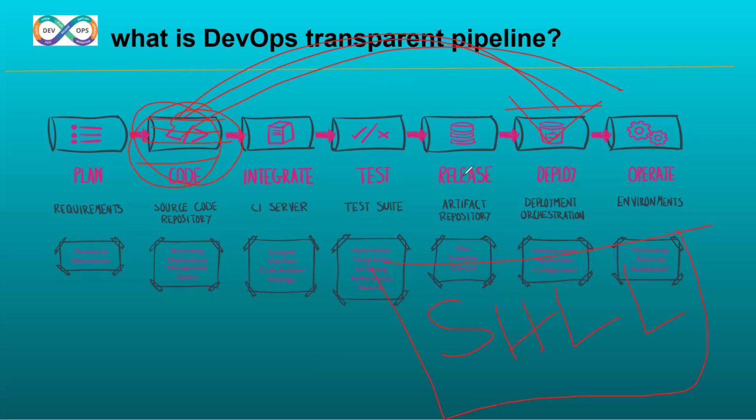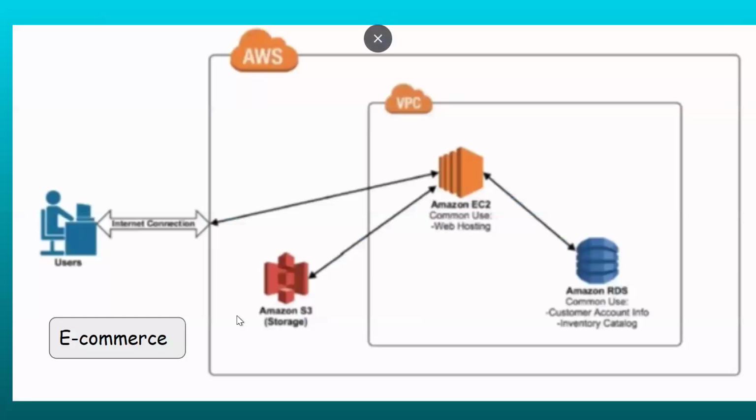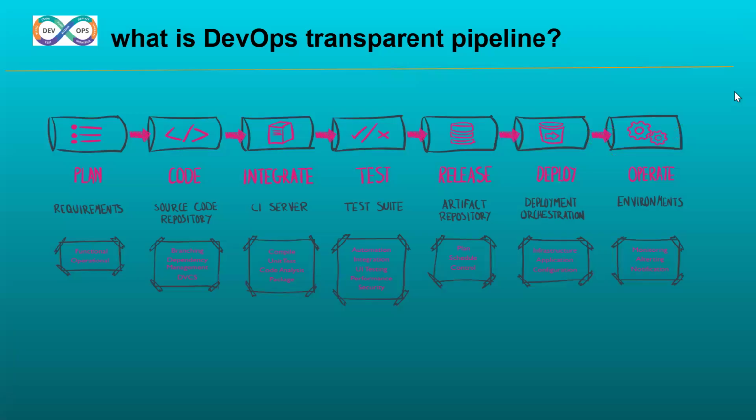But while deploying our application, where exactly are we going to be deploying it? Either on AWS or Azure or Google or any physical environment also. But we are going to be deploying and maintaining our application, this entire process, using AWS infrastructure in our course. So I'll repeat: AWS is the infrastructure provider. On top of this infrastructure, we're going to be implementing an automated DevOps transparent pipeline. I hope you understand very clearly the major difference between DevOps and AWS.